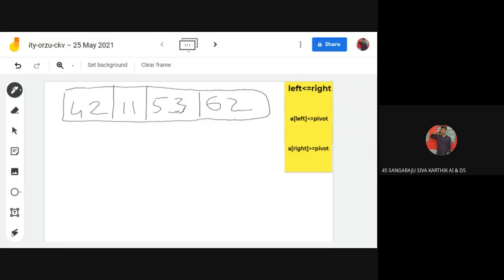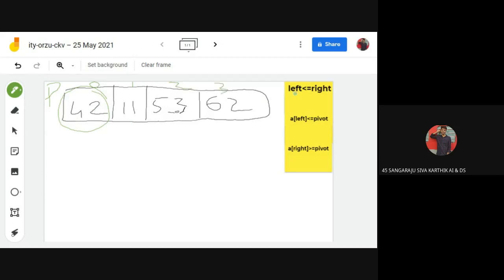We can assume any numbers, but I am going with a simple explanation. First, we will consider 42 as my pivot value. So we are assuming 42 as my pivot value. First, we are assuming index values 0, 1, 2, and 3.